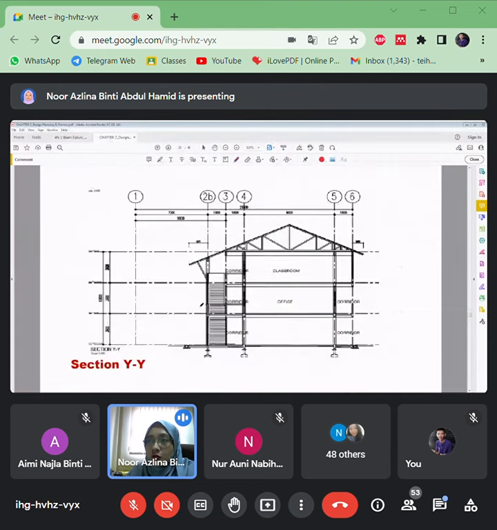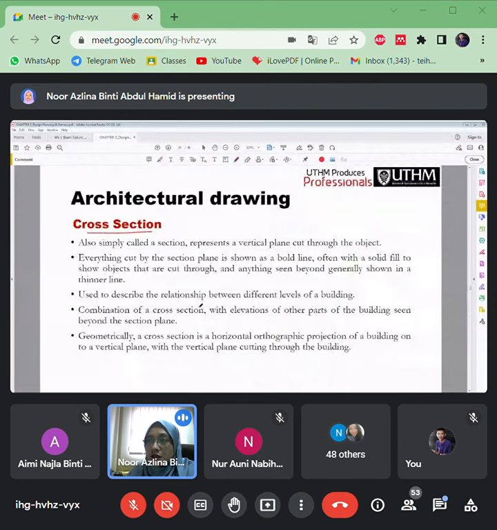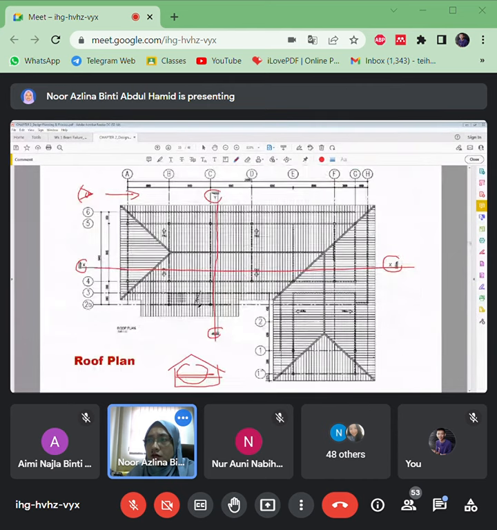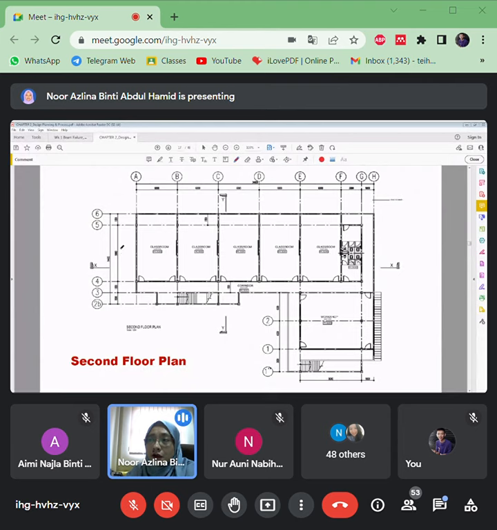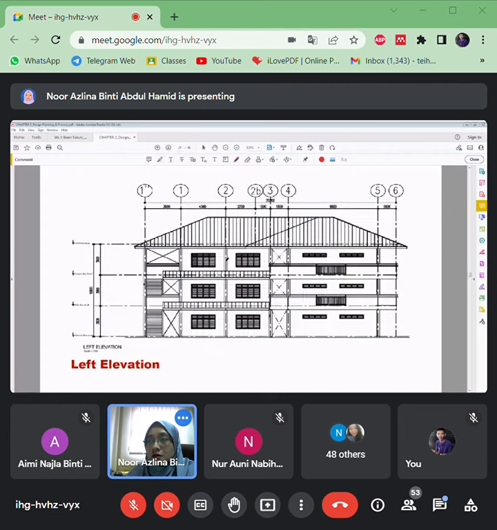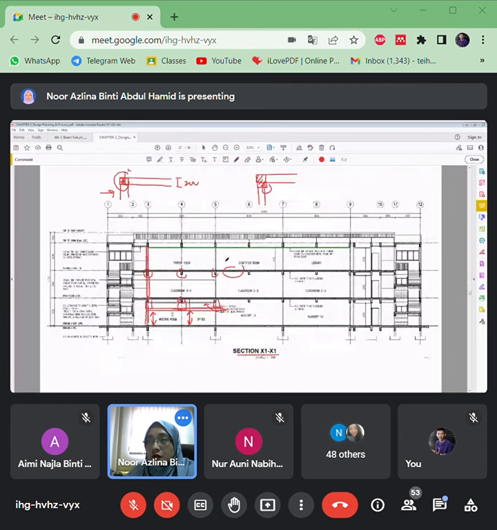Nanti lepas ni boleh je buat exercise kan. Lepas kelas ni you apply apa yang dah belajar. Contoh pergi ambil layout. Okay, ambil layout ni kan. Berapa span ni, katalah tak nampak 9,000, ni 6 meter, divide, so you can do your exercise. Ni you calculate, oh dapat one way kan, so this is two way, so that is how you do your exercise. That is how you can more understand from the class.